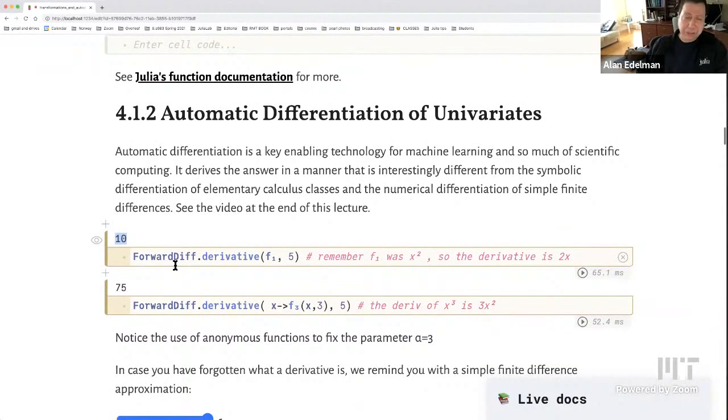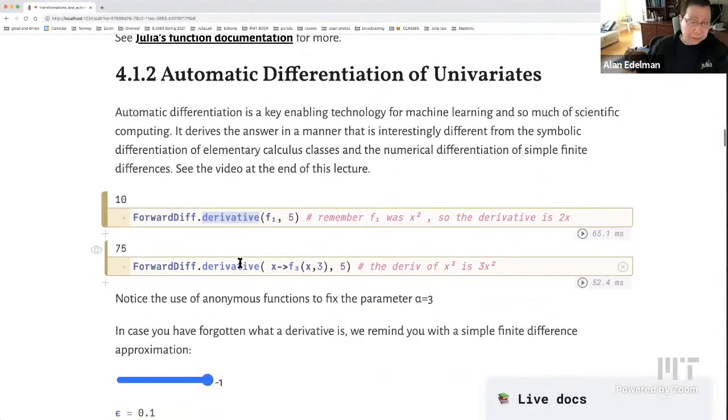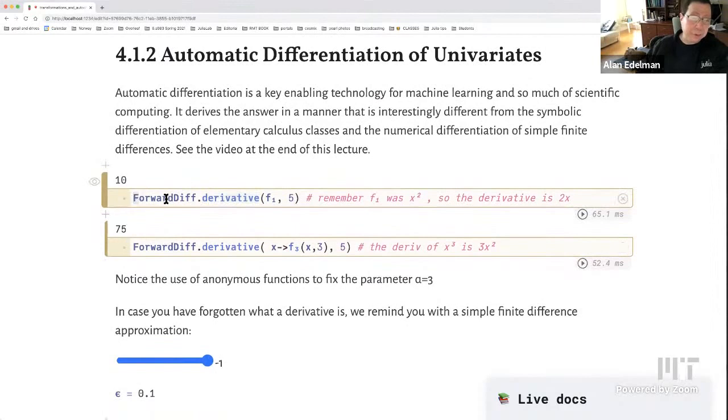If there's time at the end of this lecture, I'll tell you a little more about what's happening. But for now, what I want you to walk away with is that computers are taking derivatives now in new, exciting ways. The ways have been known for years, but it's happening on a large scale now. And it really lets you do things that I think people had no idea they could do. It happens a lot with machine learning, but in other places as well. We'll see more in a minute. But right now, I just want you to walk away with the derivative of a scalar function. All you have to do is write down the function and where you want to evaluate the derivative, and bump,